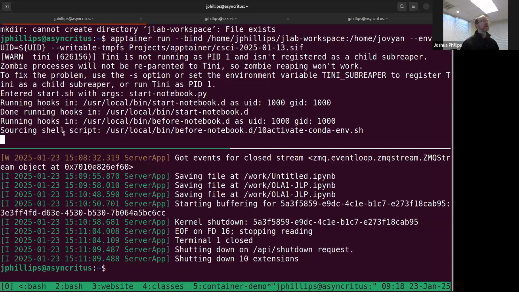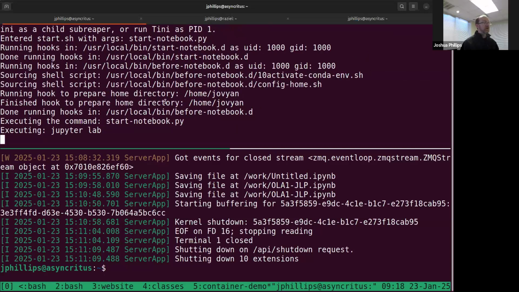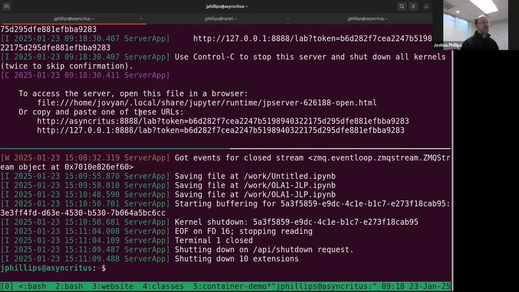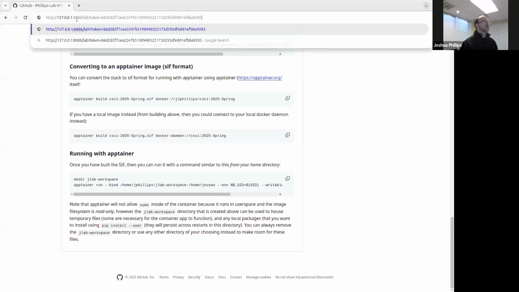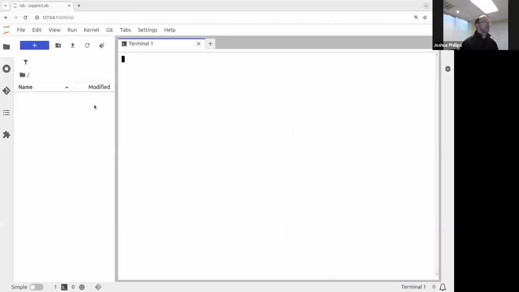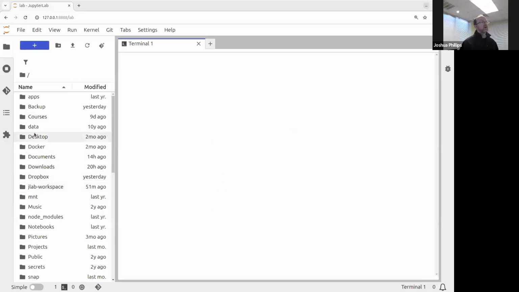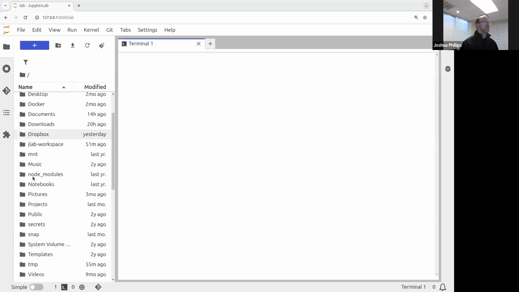Everything will fire up, and once everything finally gets running, I do recommend running that command in your home directory. Whatever directory you run it from will get mounted as your home directory. You'll get the link somewhere as before. You can take it over to the browser, and now you're up and running. The only thing to keep in mind here is your home directory gets mounted directly. All